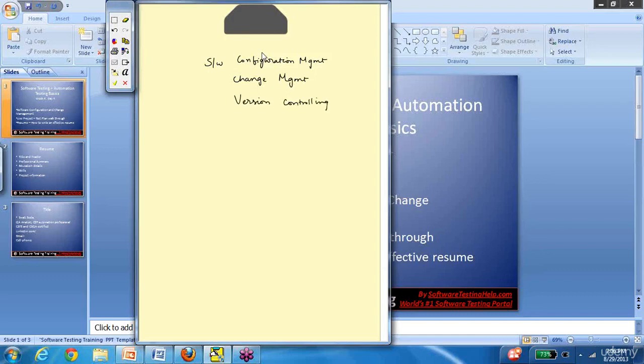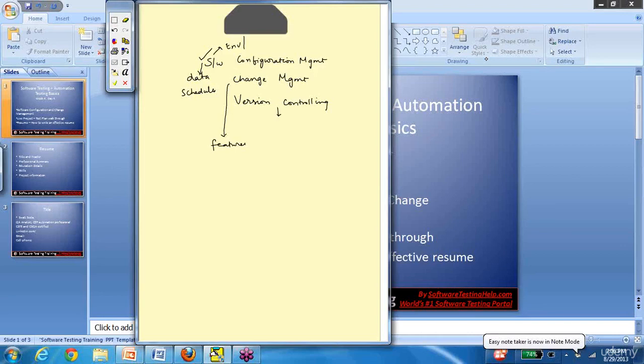Any kind of changes in the environment or the execution conditions, managing that change is called configuration management. So this is for environment, data, schedules, etc. Any changes in the features of the software are handled by the process called change management. And version control, we'll come to in a little bit.